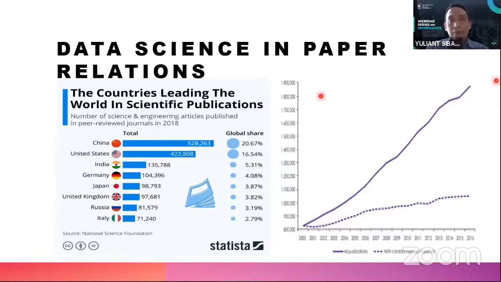Okay, this is about data science in paper relation. In this presentation, the problem in paper relation will be the problem to be solved using data science. The number of scientific papers produced each year is interesting to observe. For example, in this graph, in this diagram, we can see that